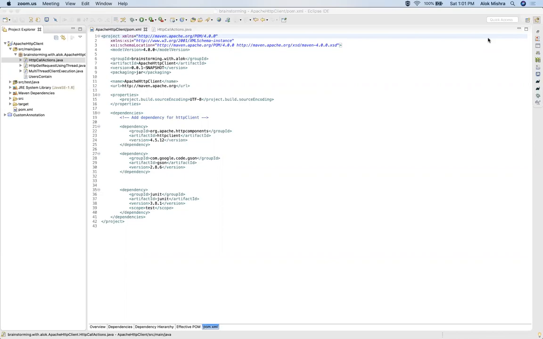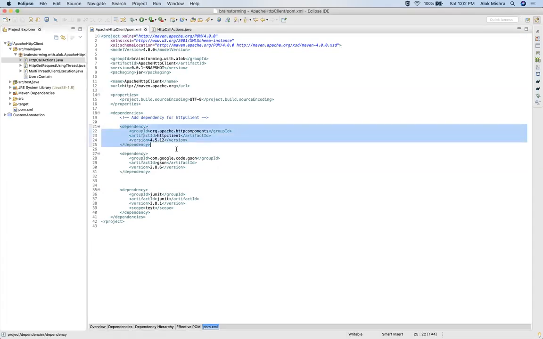In this video, we are using REST APIs to demonstrate how Apache HTTP client works. Before starting, let me explain how to import the library. Here I am using a Maven project. For Maven, the POM is the starting point. In the POM, I have added one of the dependencies provided by Apache, of version 4.5.